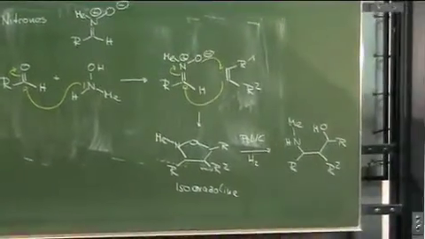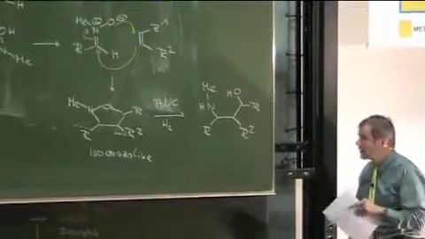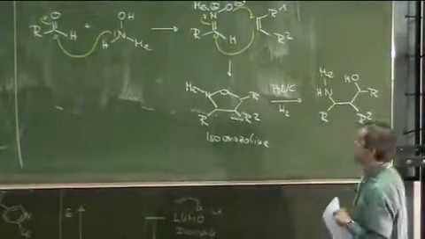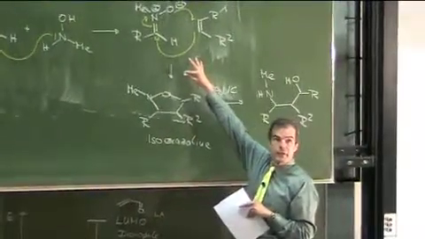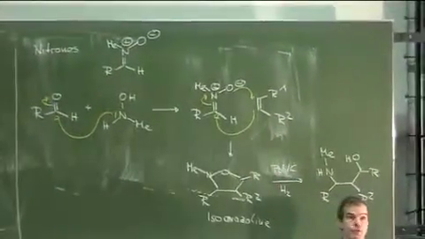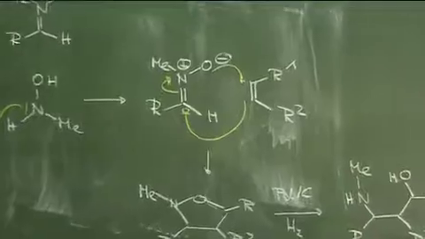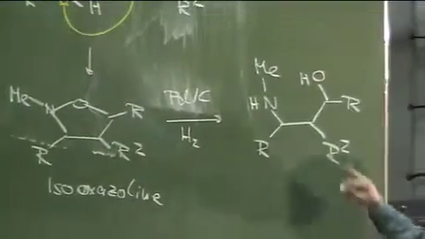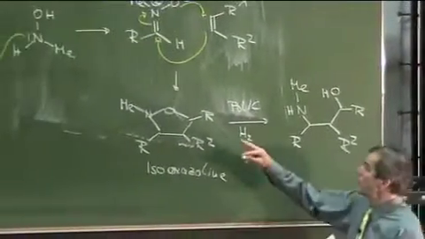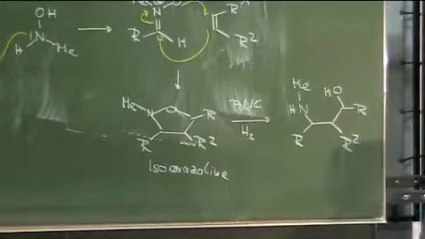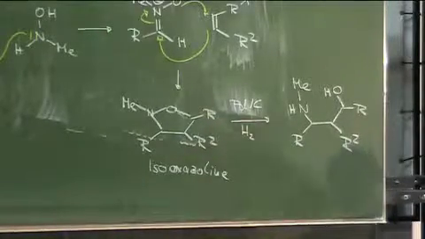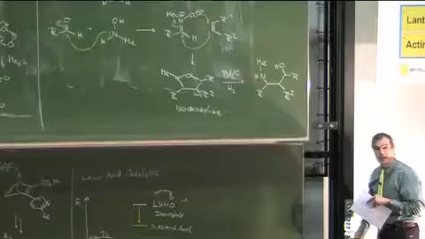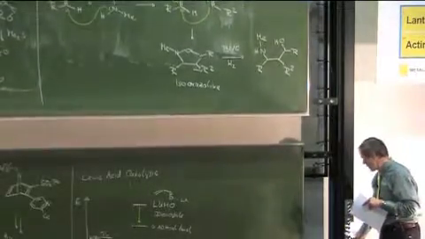So you might wonder if this is for anything really useful. Let me point out one thing and then allow me to use the last 2 minutes for an actual application. One of the problems in these types of reactions is if you have unsymmetrical alkenes. Because again, what we discussed for the Diels-Alder reaction is also true for these types of reactions, that you can form regioisomers. If you only have simple alkyl substituents here, you will not be able to control this very well. So the nitrone reactions have a special meaning if you do it in an intramolecular way,